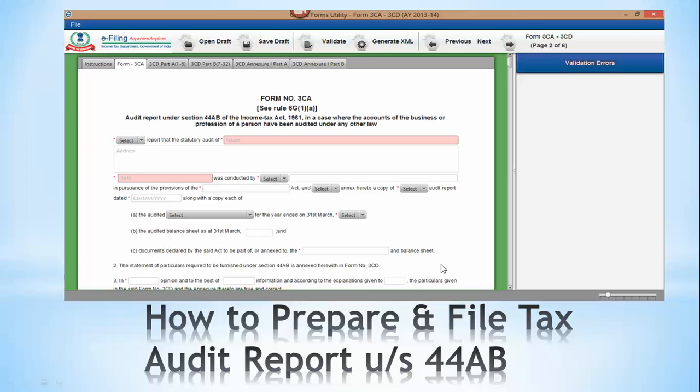And there are two forms, audit form number 3CA and 3CB. Form 3CA is applicable for a person who carries on business or profession and whose accounts are required to be audited under any other law also, like in the case of a company, where there is a statutory audit in the Companies Act. In that case, for that particular company, the audit form number will be 3CA and the statement of particulars will always be